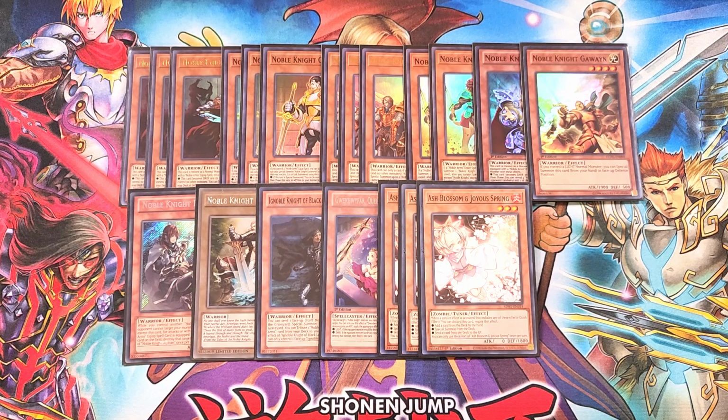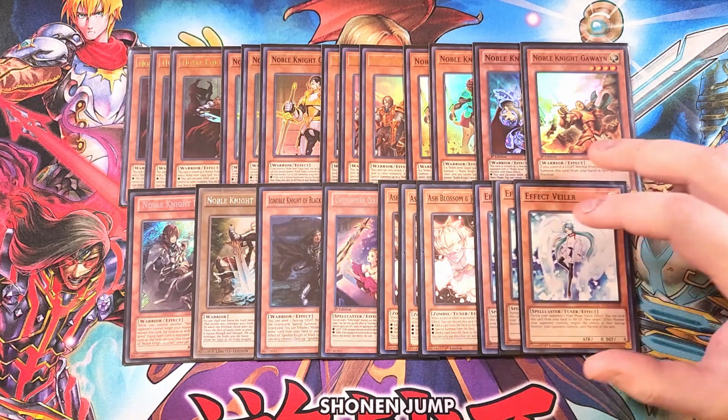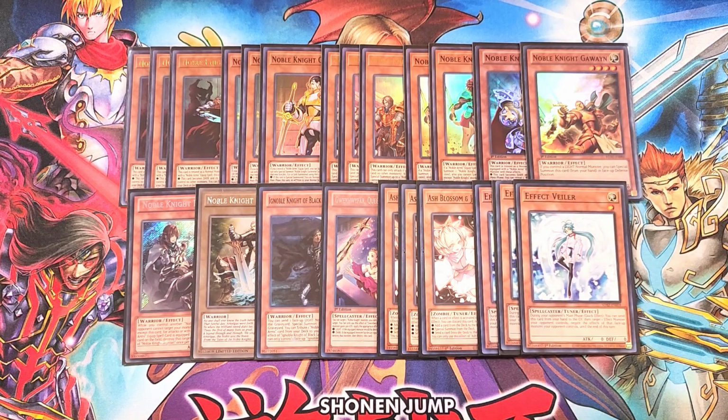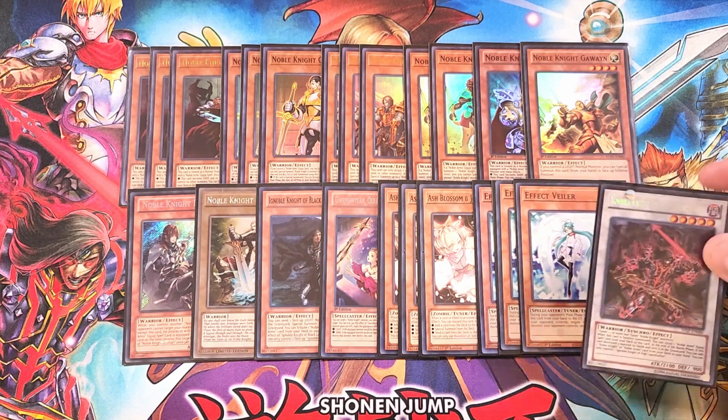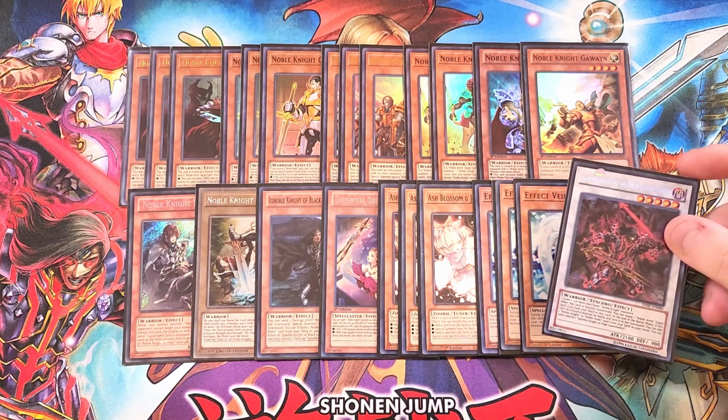We then play 3 copies of Effect Veiler. Effect Veiler is great as a 3-of in this build because this card just stops your opponent's monster effects, but it's also a level 1 tuner, making it very easy to summon out the copy of the Ignoble Knight of Hylon Slim. This card is really amazing to be able to use with your copy of your Synchro monster because